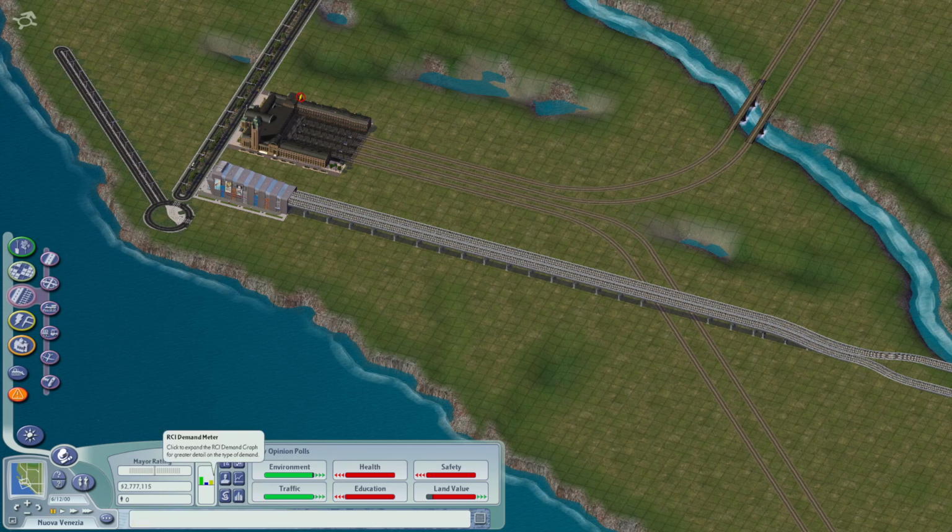I'm just looking at the map for a second. When I did my plan, I really just concentrated on the real highway, the real railway and the high-speed rail, because everything else just comes after that. So now